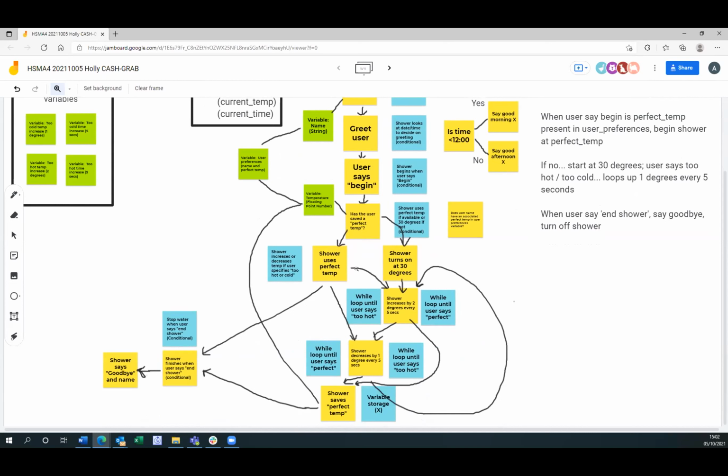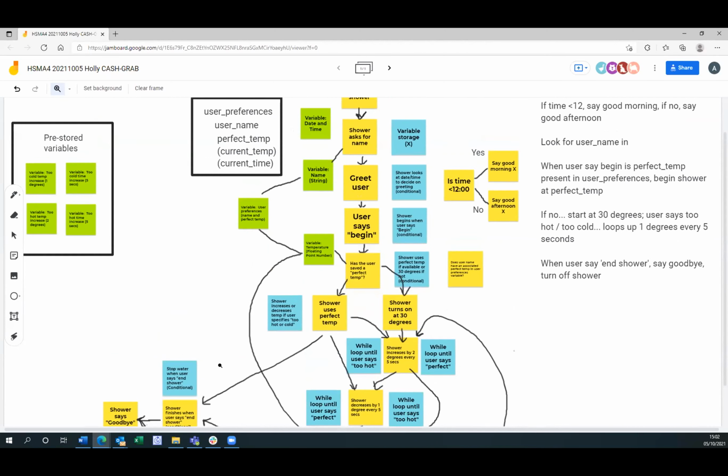But yeah, using the perfect temperature, if not, and then if it says too hot or too cold, going through these while loops, or using the 30 degrees and increasing by 2 degrees, unless the user input says too hot or too cold or perfect, and then stopping when the user says unshower, which is another conditional